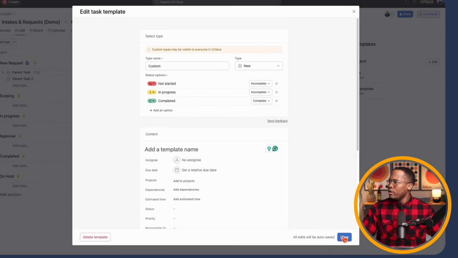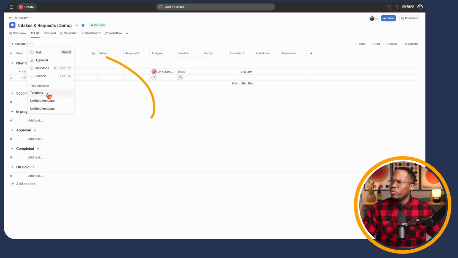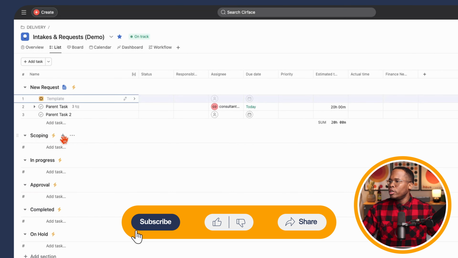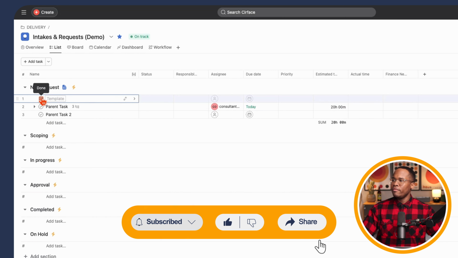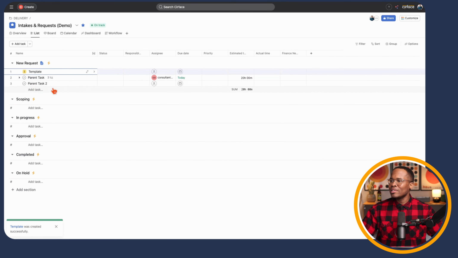So if we go and create this one right here, we go up to our task template and we go right there, we can now see that this task is not started, in progress, done, or another option for whatever we want to have there. But then we can set rules to say, hey, if it's done, that means the task is done, obviously. And so I think it's a really cool option, moving in the right direction. Asana, thanks so much for this. Apply that to your use case, whatever you want to do.